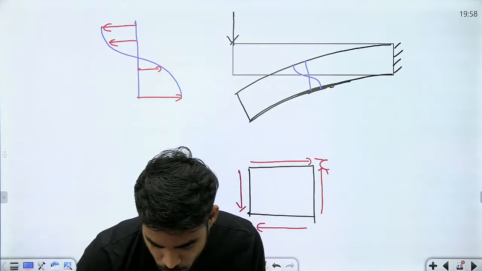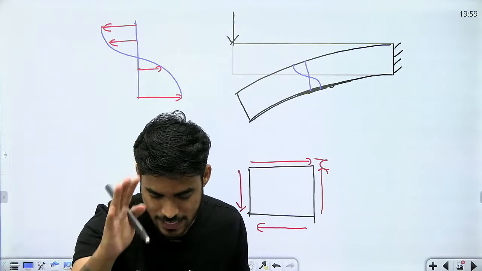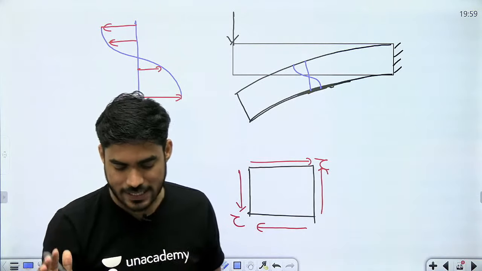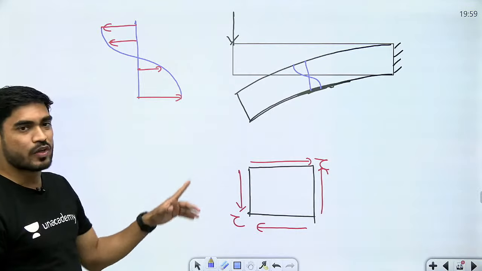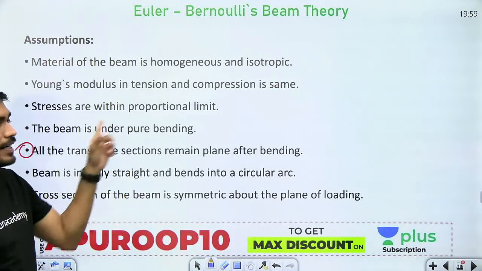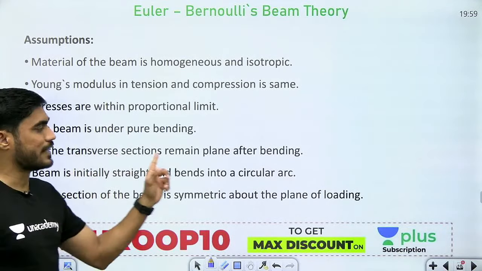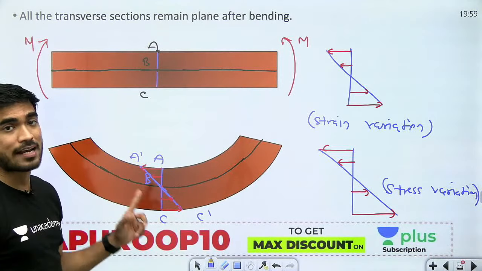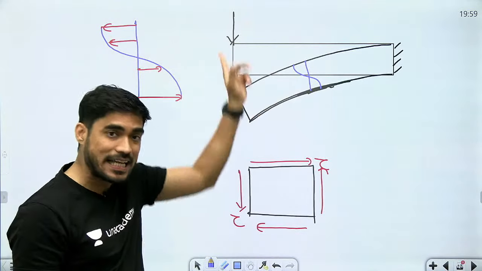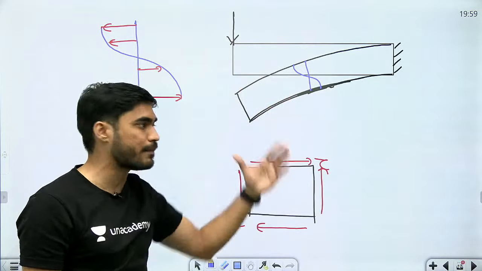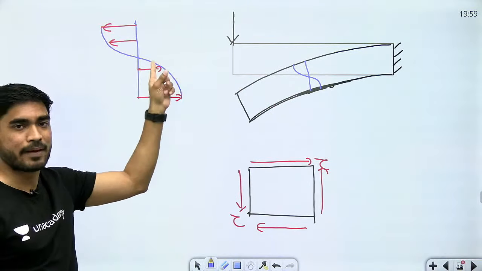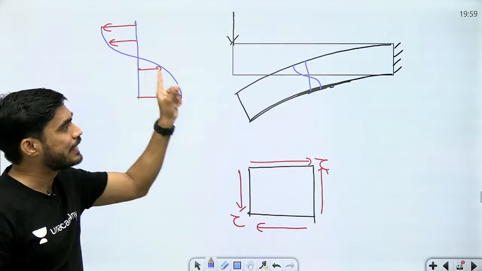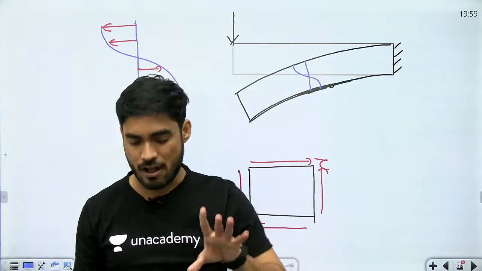Is this point clear to you? Yes, very good बेटा, बहुत बढ़िया. तो बेटा क्या ये चीज क्लियर है? Why we assume pure bending? So that we will get this transverse section remain plane after bending. Otherwise, if there is shear with bending, अगर bending के साथ shear भी है, then the transverse section will not remain plane, it will be distorted, and when it will be distorted, then you will not get a linear variation of strain, linear variation of stress.